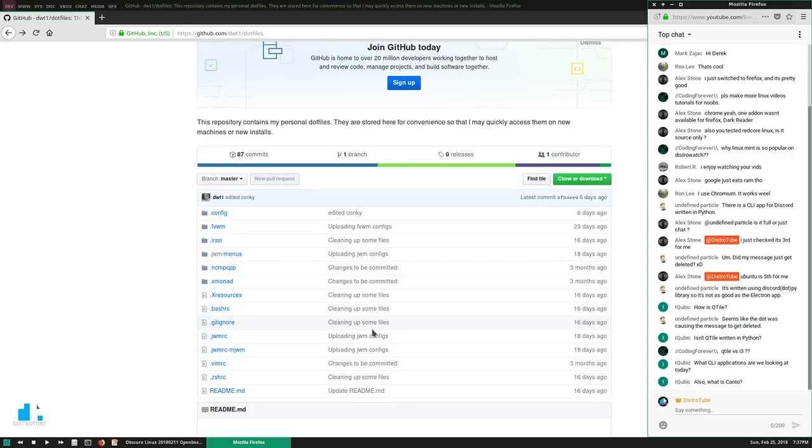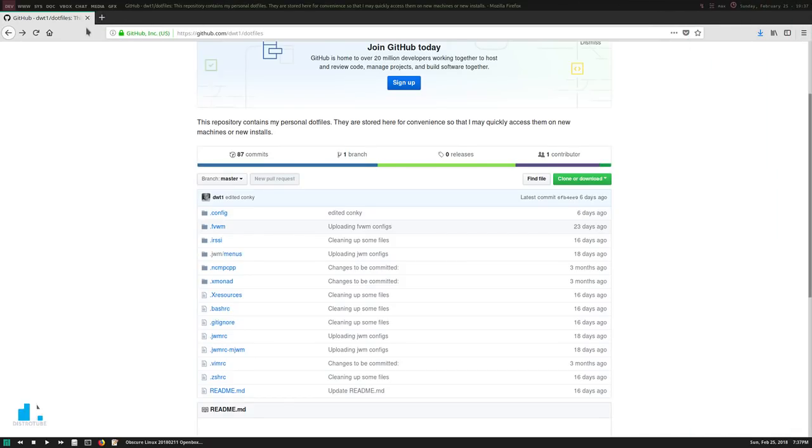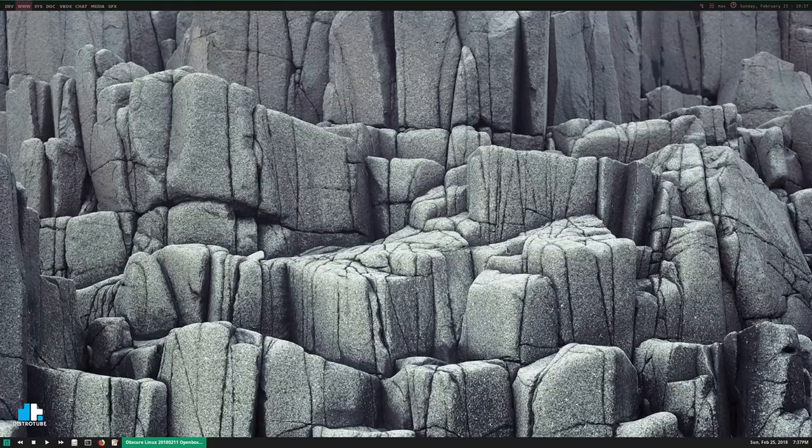iCubic, what CLI applications are we looking at today? Well, mainly I was just installing them. I wasn't doing any kind of tutorials on them. Canto is an RSS newsfeed reader. I'm actually going to show you very briefly. Let me change workspaces. What I've installed, now some of these are not functioning correctly yet, but